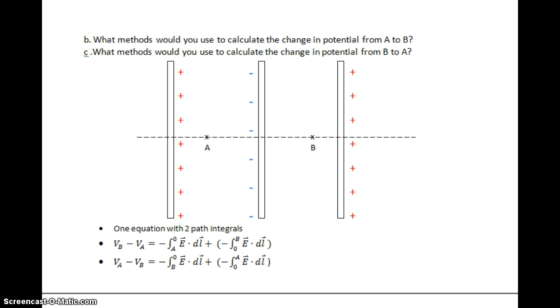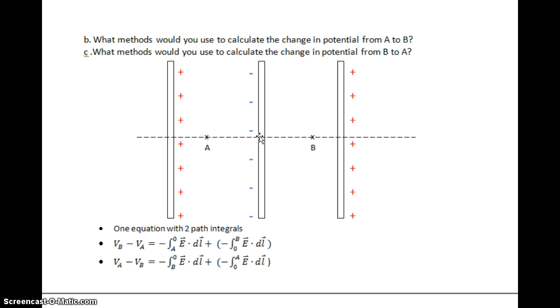In order to find the change in potential from A to B, we're saying that the path goes from here, starting at A, and ends here at B. VB minus VA. So in order to go from here to here, we use two path integrals in one equation, and we'll add them both together. So we're going from A to 0, which is this integral, and then we're going from 0 to B, which is this integral. And we consider this 0 because it's in the center, is our origin, which is our center